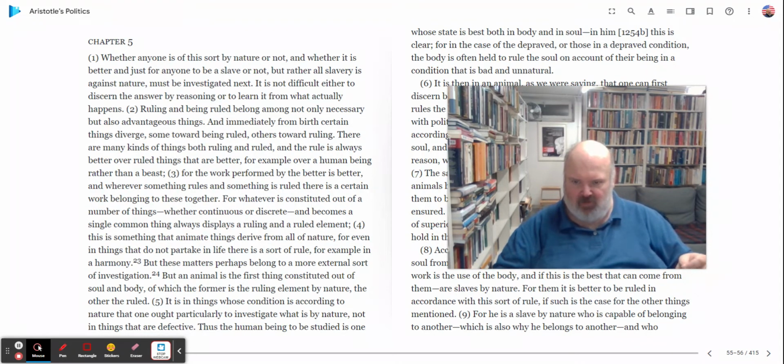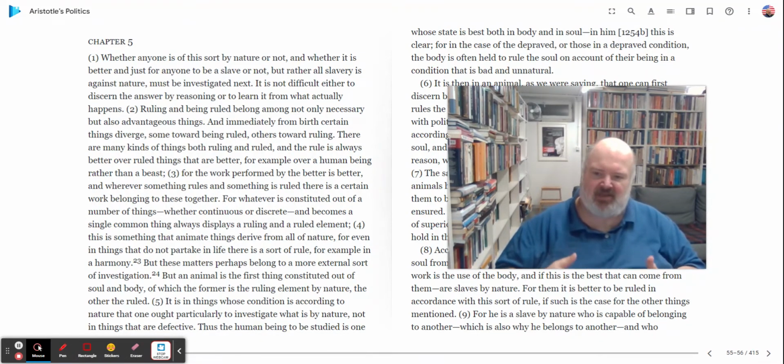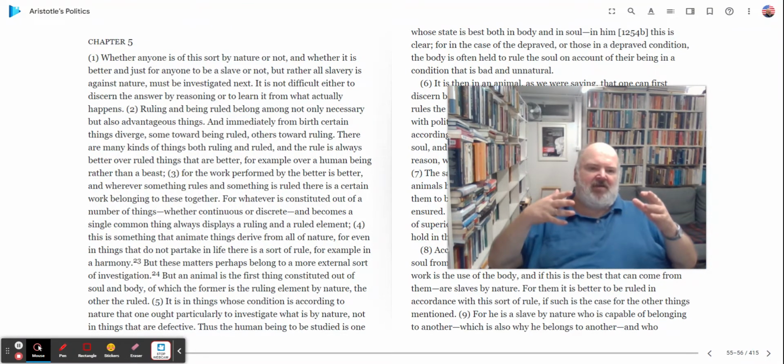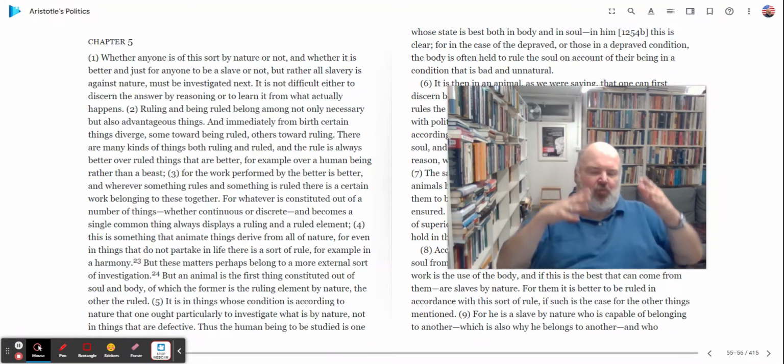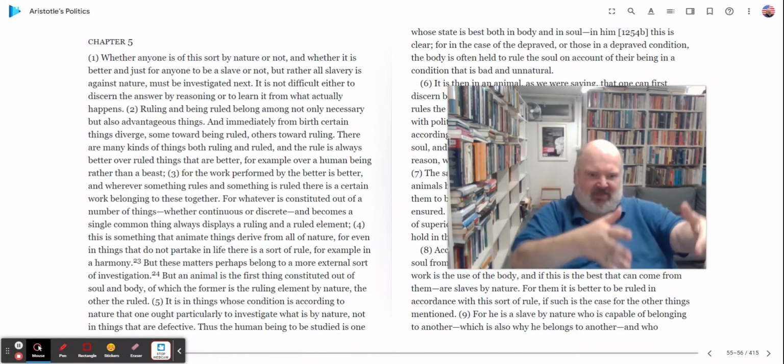For example, over a human being rather than a beast, for the work performed by the better is better, and whenever something rules and something is ruled, there is a certain work belonging to these things together. In other words, the idea here is you're doing something. There's some work, some action or activity or thing being done,